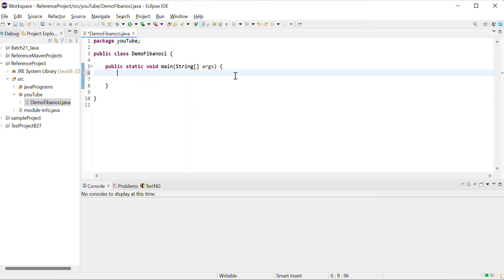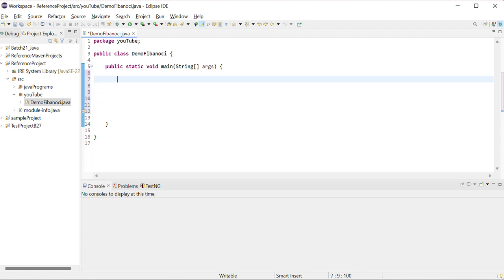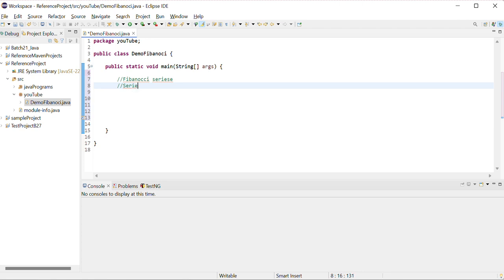Before starting the Fibonacci series logic, you should first know what a Fibonacci series is. What is the Fibonacci series, guys? The Fibonacci series is a series in which each number, each Fibonacci number, is the sum